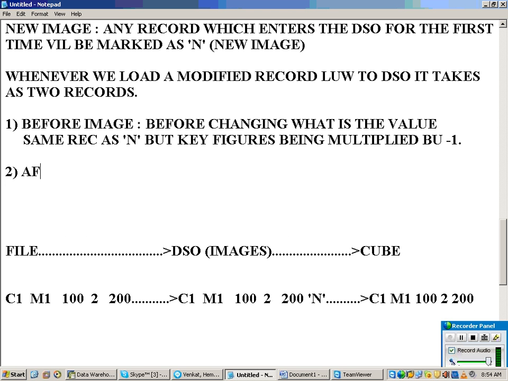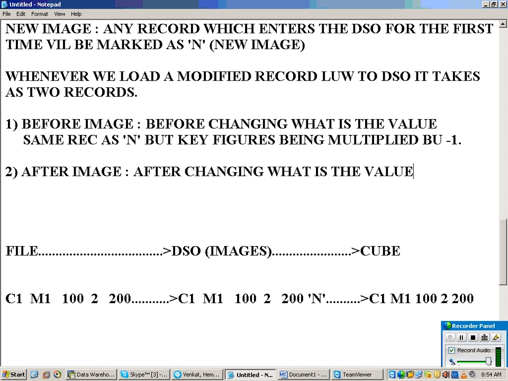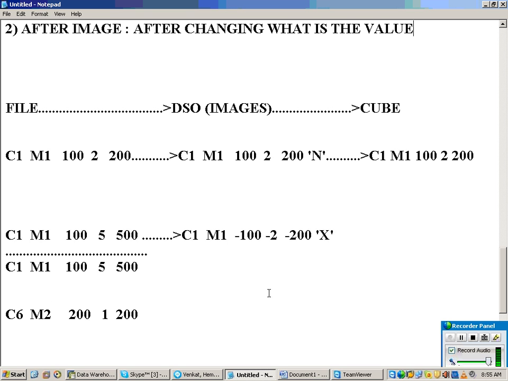See, that is the before image, and the other one is the after image, which is the value after changing. The before value is taken as the same record as N with key figures multiplied by -1.